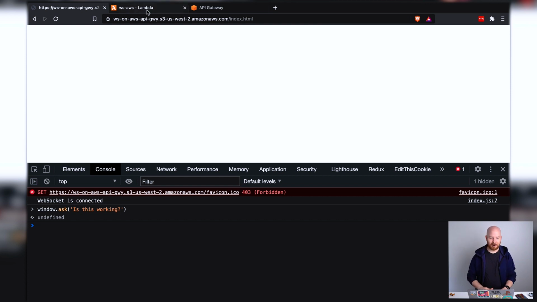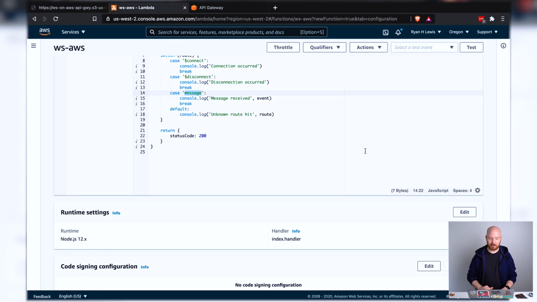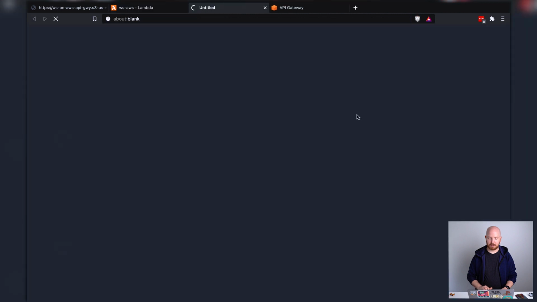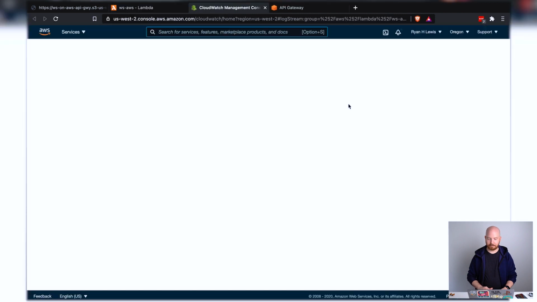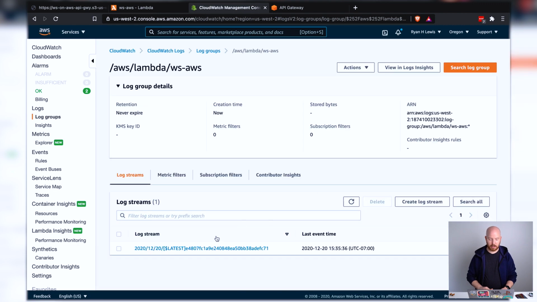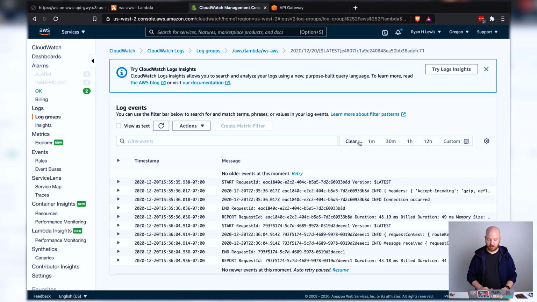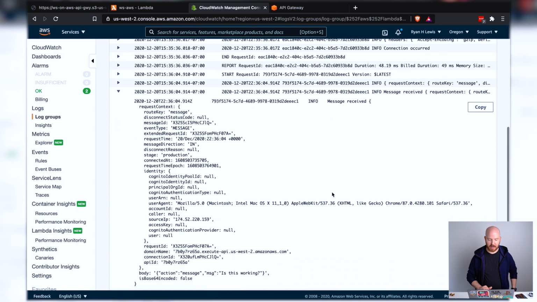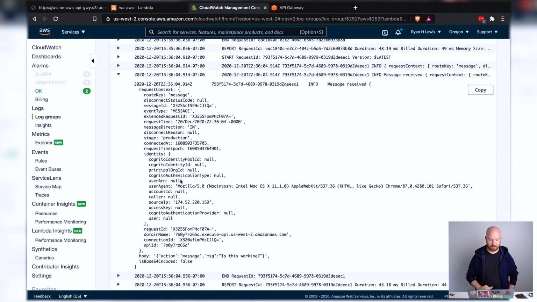We can see if it's working by going to our Lambda function. If you go to monitoring and view logs in CloudWatch, we'll wait for it to load. We've got a log stream here, and right here, it says message received, and then it logs the whole event, which we actually already logged here.